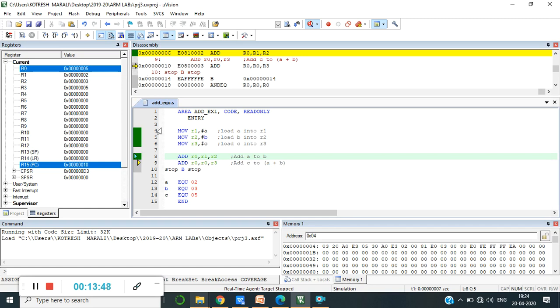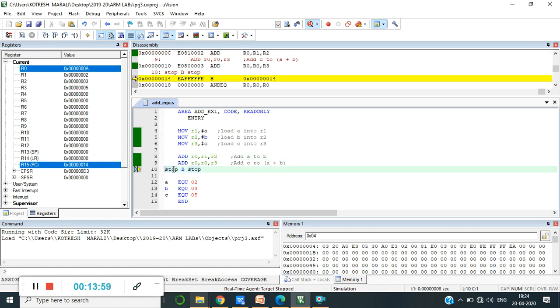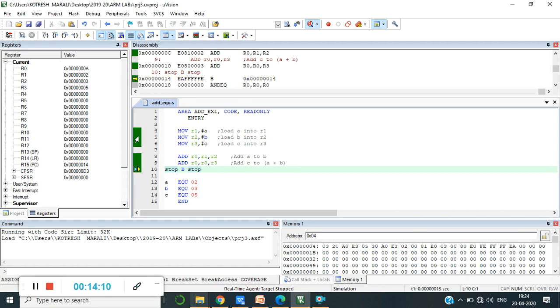And look at this, the pointer is pointing towards this instruction, and now it executes the next instruction, giving 0x0000000A, the final output.